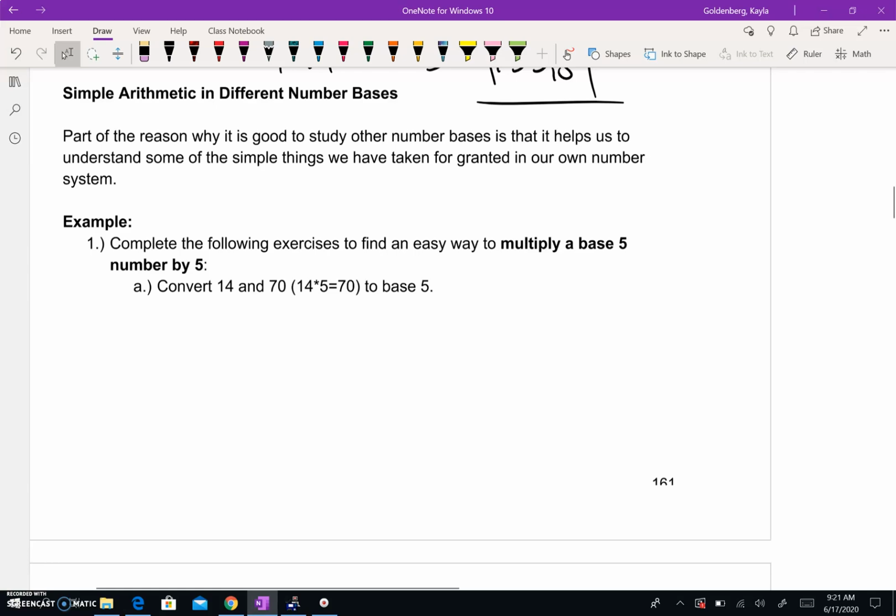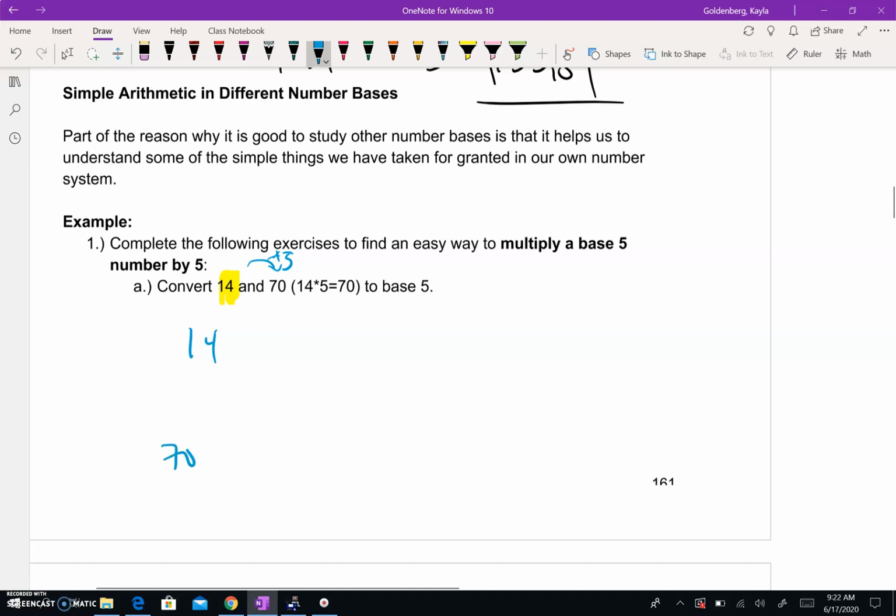So we're going to complete the exercise to find the easy way to multiply a base 5 number times 5. Okay, so convert 14 and 70 to base 5. And just something to think about: 14 times 5 is 70. So we're thinking about what happens when you multiply by the number that is the base, right? So 14 and 70